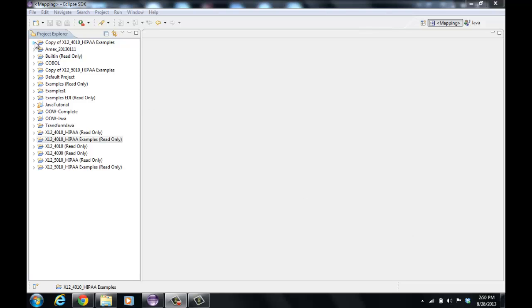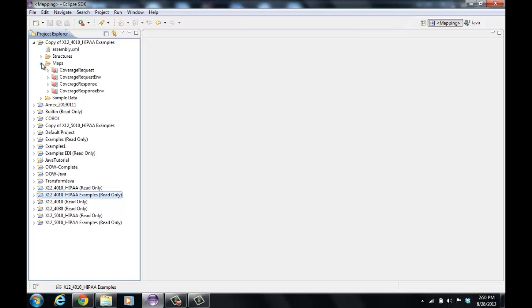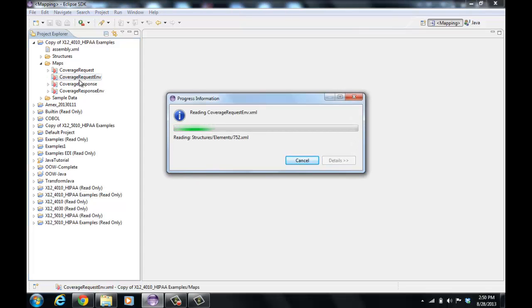For this example, we're going to do this in the context of EDI, and in particular X12 HIPAA EDI, the United States healthcare mandated EDI. We're going to look at it going from version 4010 to the currently required version 5010. I've made a copy of the example project that comes with the